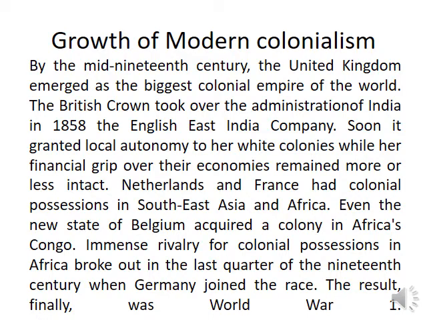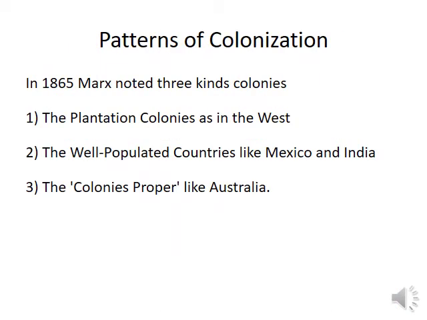Karl Marx basically noted three kinds of colonizations. How the colonies came under, how these Western capitalist forces colonized the colonies. And in 1865, Marx noted three kinds of colonies. One is the plantation colonies, as in the West. That is one form of colonialism. Then well-populated countries like Mexico, this is a different sort of colonization, and then colonies for settlement, like Australia. So in these three different ways,